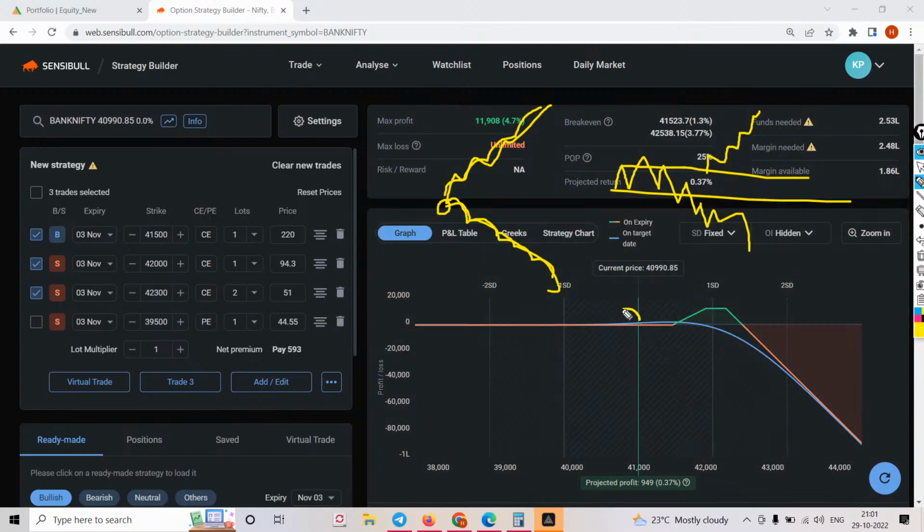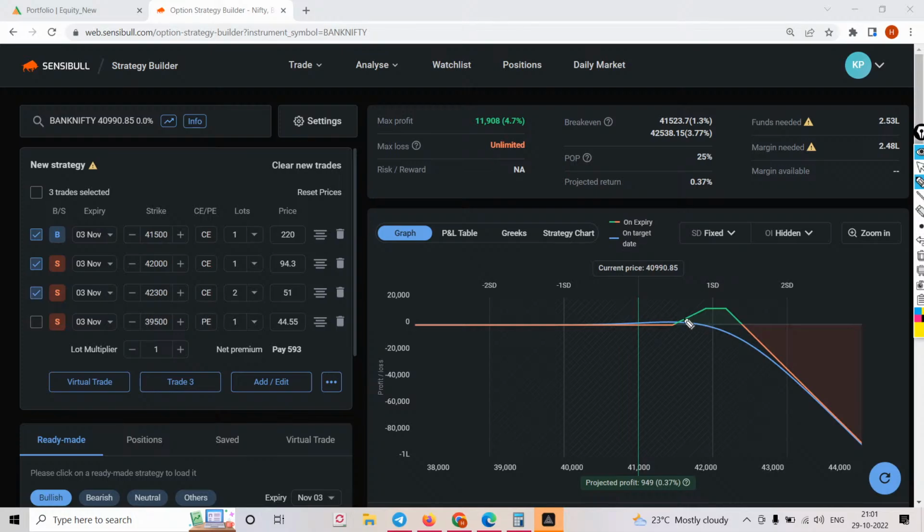Even if the market falls down, at least you can come up with 1% profit by all the adjustments we have discussed in the last 10 minutes. If market goes up, which is against your original view, then you will be able to trap the market into this green zone. Try this, friends, because intentionally I've taken this example. I wanted you guys to go for call ratio spread even though your view of the market is bearish, because